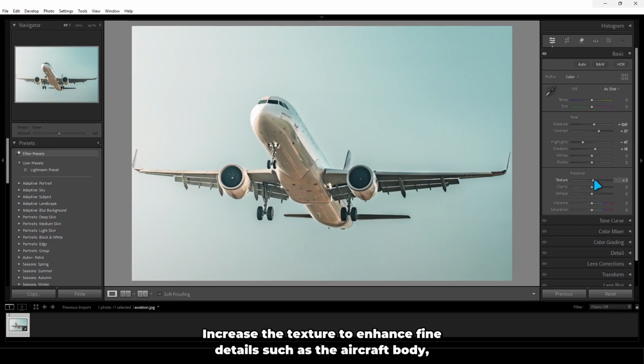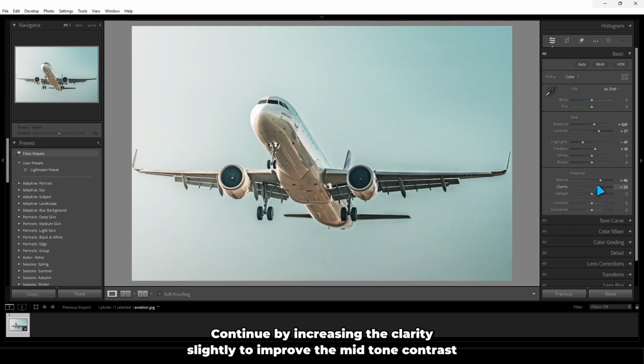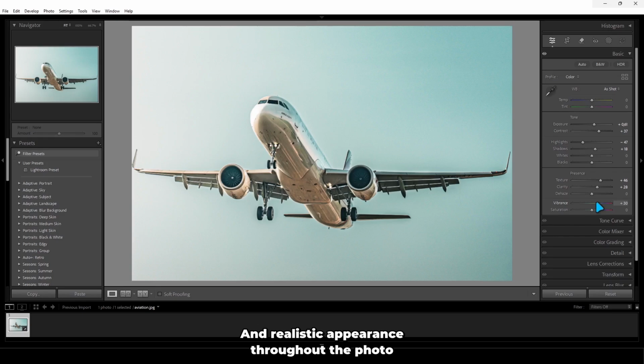Then, increase the texture to enhance fine details such as the aircraft body, windows, engines, and surface markings. Continue by increasing the clarity slightly to improve the mid-tone contrast and make the overall image appear sharper without creating an unnatural look. Next, increase the vibrance to enrich the colors while maintaining a balanced and realistic appearance throughout the